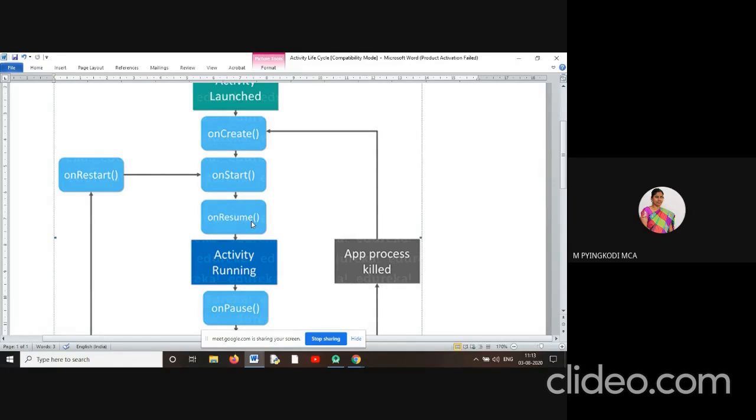The user can start to interact with the screen and work on that activity. It comes to the foreground.